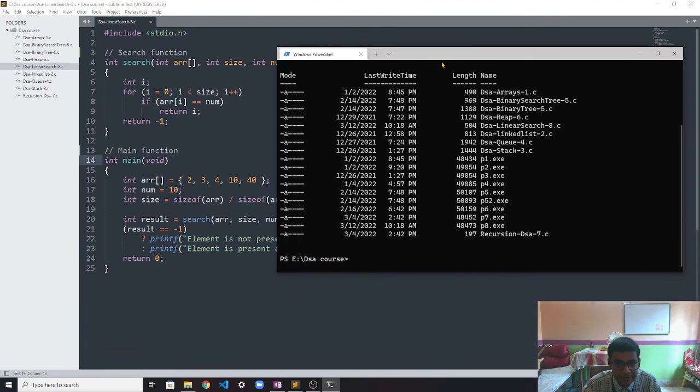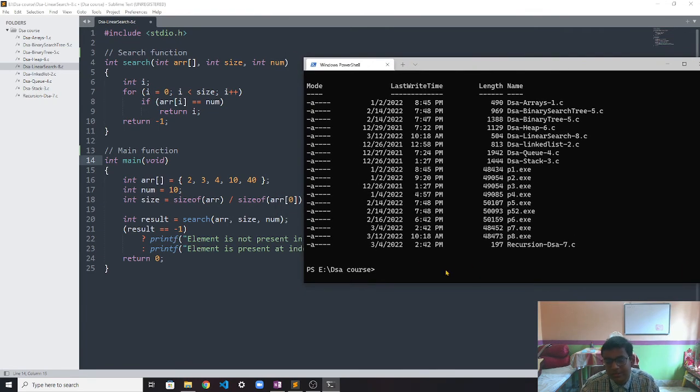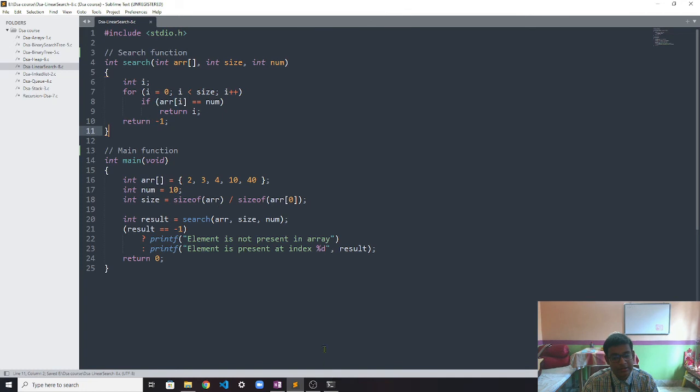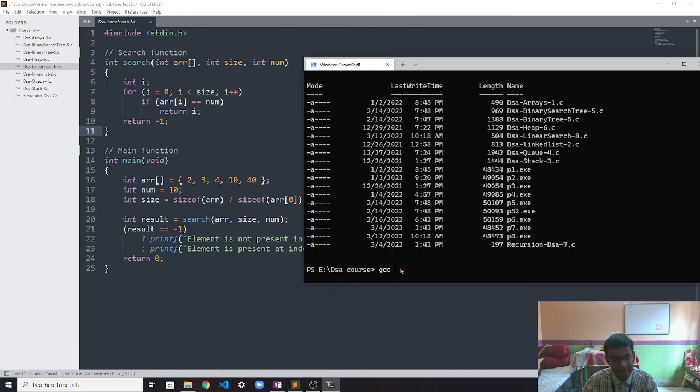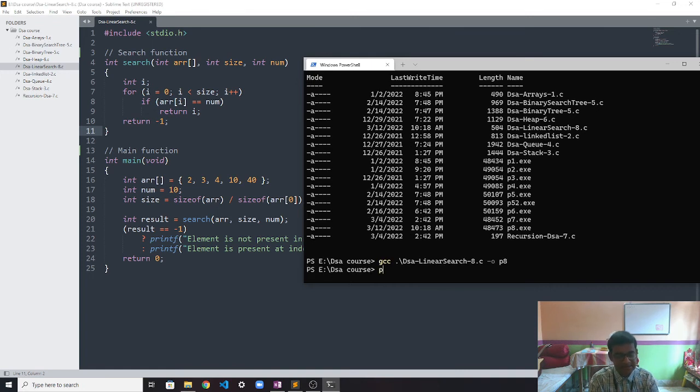Sorry for not doing that in the earlier videos. Here, let's compile the program. Let's just save this. Let's compile. This is the name of the file. Give it a name, part8, and let's now run the exe.